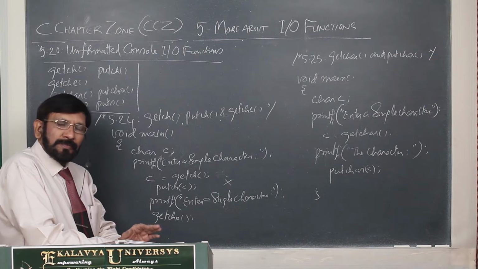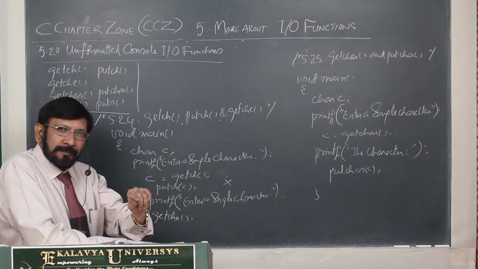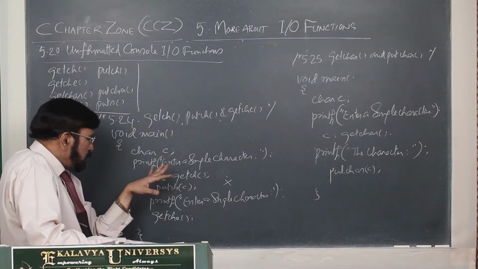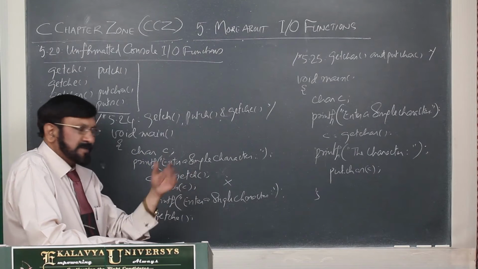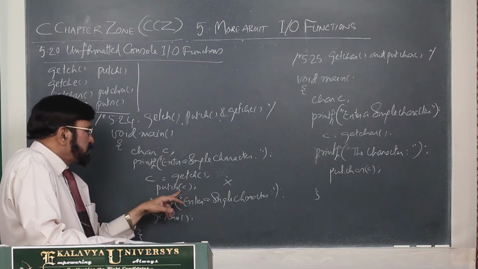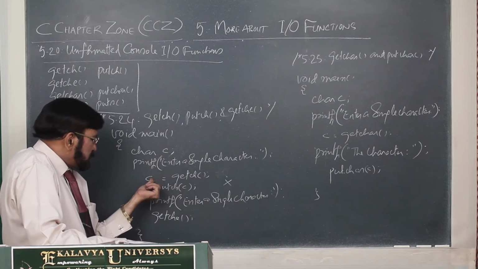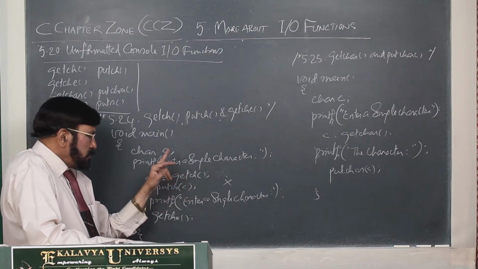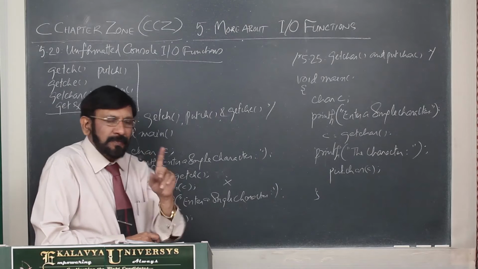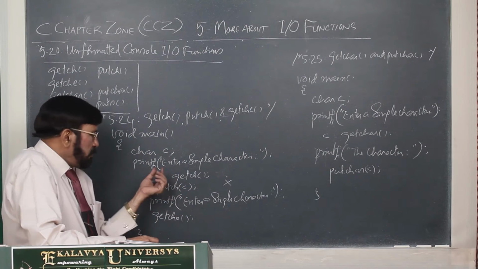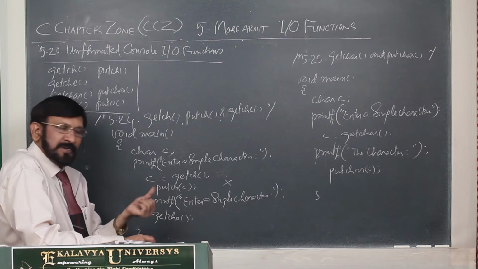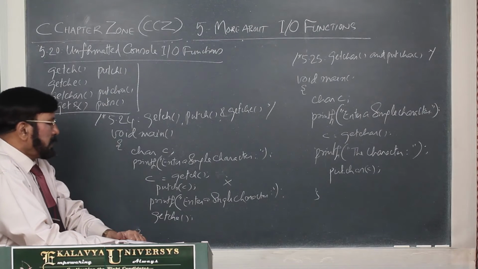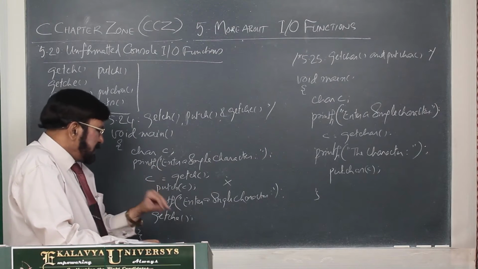Understand? So whenever you input a character that should not be displayed and is simply returned and stored in a variable, then you have to use getch. Then putch is the counterpart. Whatever character is stored in this, you can write it. And one more thing I am telling you: if you use getch, it is not compulsory for you to use putch. If you want to display the value stored in c, you can use printf also. That point you remember.